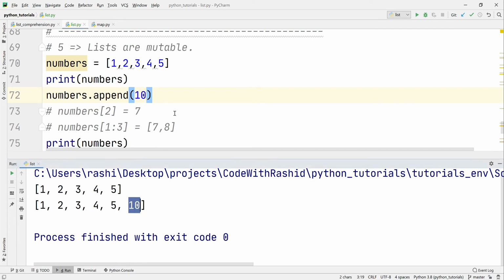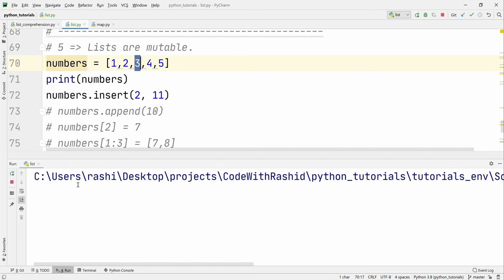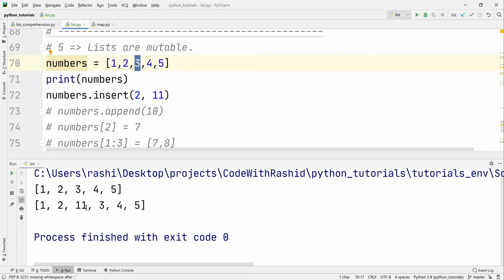So we will see one more function. Now we say that instead of append, we want to add the number at a particular location in the list. We will say insert, then the index value. We say index 2, and then the new value we say 11. So we are saying on index 2 put 11 before 3. If we run the program, then we will see the output is modified, and we have 11 at index 2. That is inserting, that is not replacing. So we are simply saying insert this element on index 2.